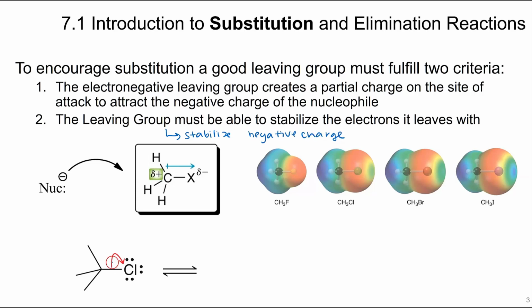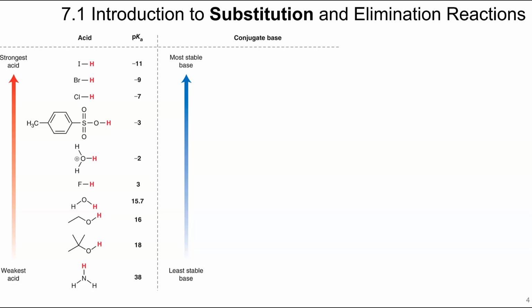So in this case, we have the chlorine leaving. That would form this and the Cl-, which is stabilized because chlorine is an electronegative atom. What you can see in this electrostatic map here with the fluorine, chlorine, bromine, and iodine is that as the size of the atom grows, it can better support the charge because of the size of the molecule. Really good leaving groups are conjugate bases of strong acids. The strongest acids are HI, HBr, HCl, and tosic acid. So the best leaving groups are I-,